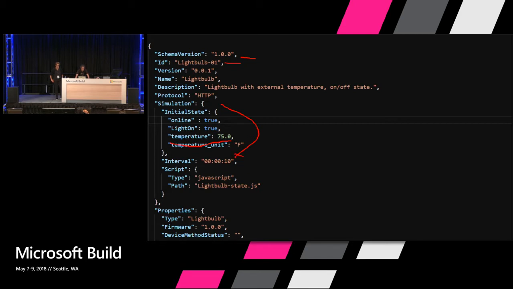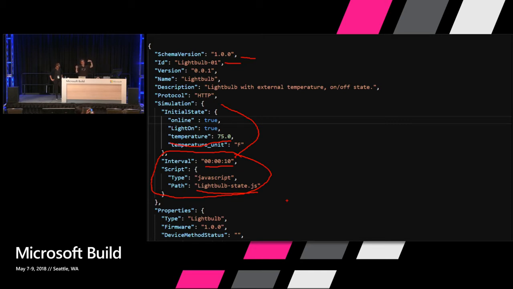And then this one is really critical, this piece of JSON right here. What this is saying is, hey, every 10 seconds, I want you to execute this JavaScript file, which is the state machine file. We're going to look at that particular JavaScript file in just a few minutes. But that state machine is running inside the simulator, and it's updating telemetry values, the local telemetry values. Something else is going to send the telemetry up. But think of them as 2 different threads or 2 different processes. You have a state machine updating the temperature. This could be very complex. It could be looking at